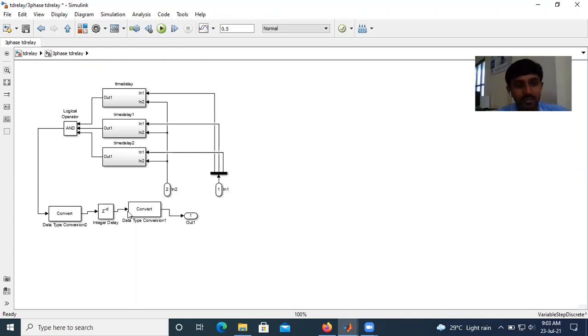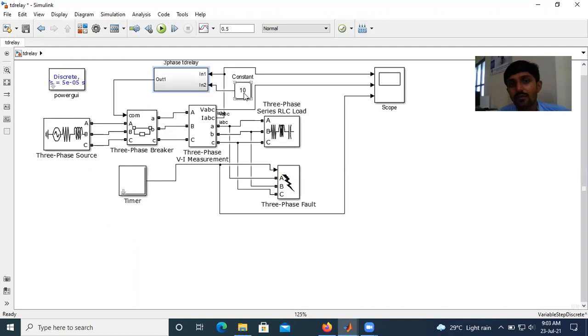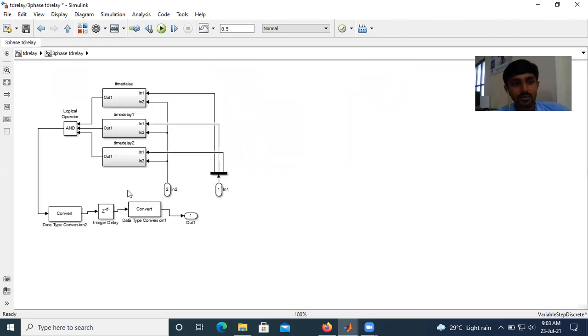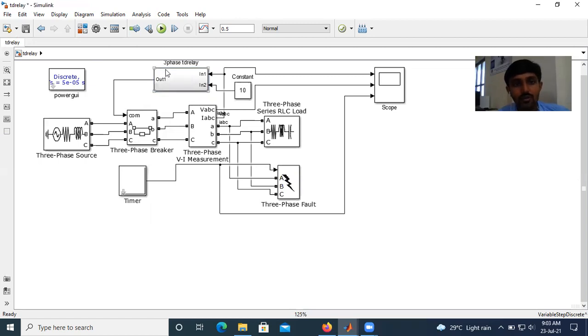Now we will see the delay; we use an integrated delay. How the delays work, I will explain later. First of all, we use a constant. We constantly give the delay input, and I will give all the relay inputs as constants. We compare all the inputs or the current measurement, which is 10 amps. Now we will simulate the fault.